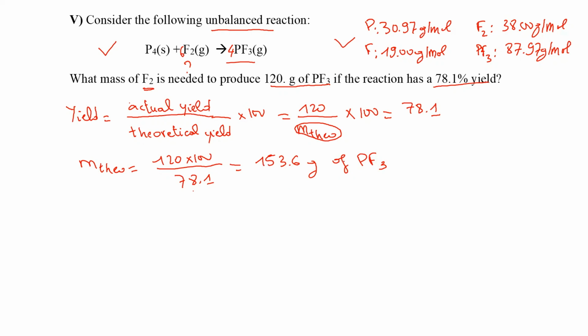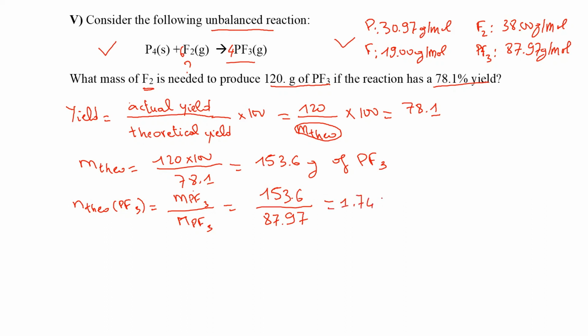From the theoretical mass, we can get the theoretical number of moles. Okay, and the theoretical number of moles for PF3 should be equal to the mass of PF3 divided by the molar mass of PF3. Here it is equal to 153.6, and the molar mass is 87.97, and this is equal to 1.646